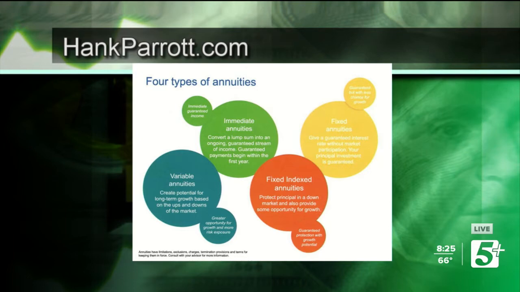The first one is the immediate annuity. With an immediate annuity, it's the annuitization one, as an example. You give the insurance company a certain amount of money, and they say, okay, we can give you this amount of income for that amount of money. You can take that immediate annuity and have guaranteed lifetime income, for your life, or for you and your spouse's life. So this is one way.